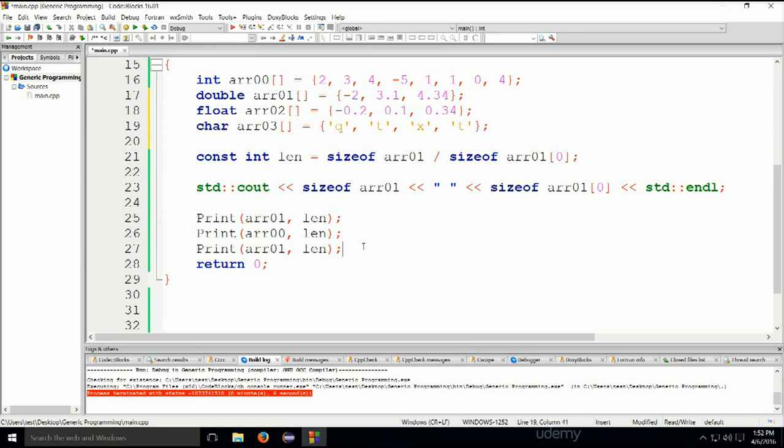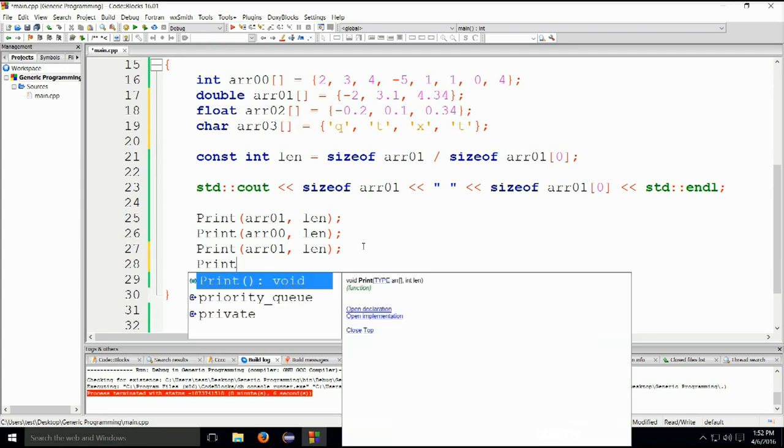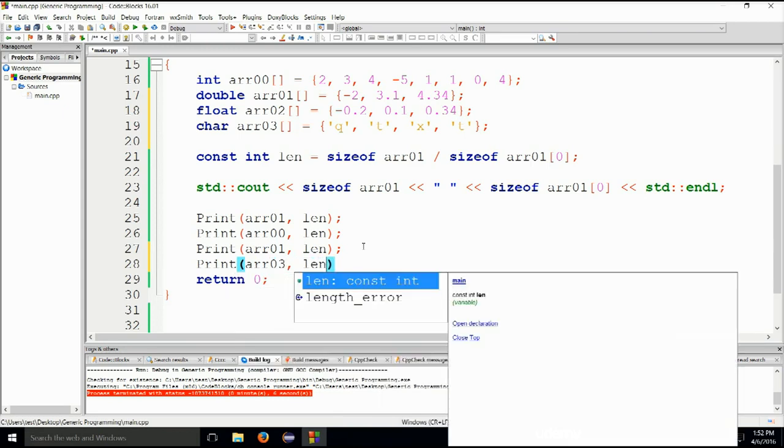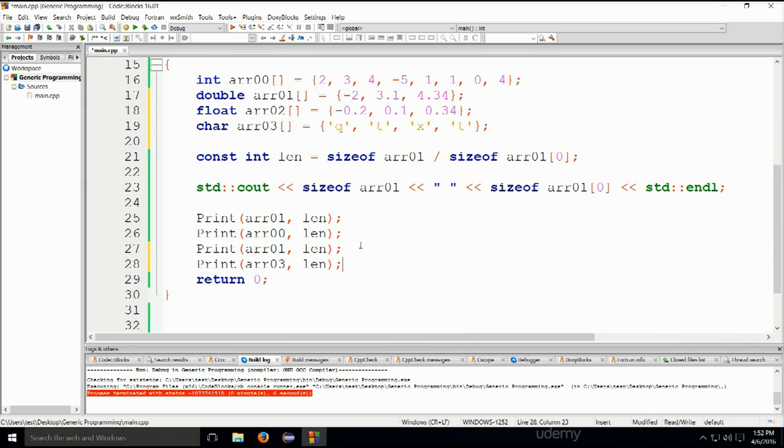Okay, so let's go ahead and create another one. Print ARR03, then okay, so this is going to give the sizes from the different arrays. So that has to go, because even though the compiler won't actually report a mistake, you're going to get wrong length sizes here, wrong sizes of array. Why? Because this one is calculating the size for array 0, 1, and we have 0, 0, 0, 1, 0, 2, 0, 3. So we need to remove that,